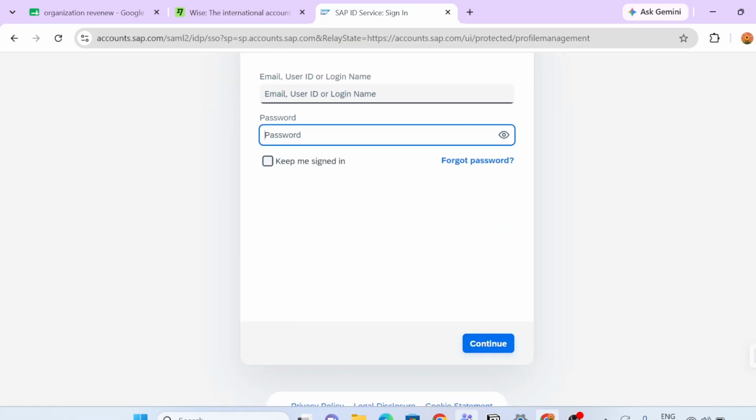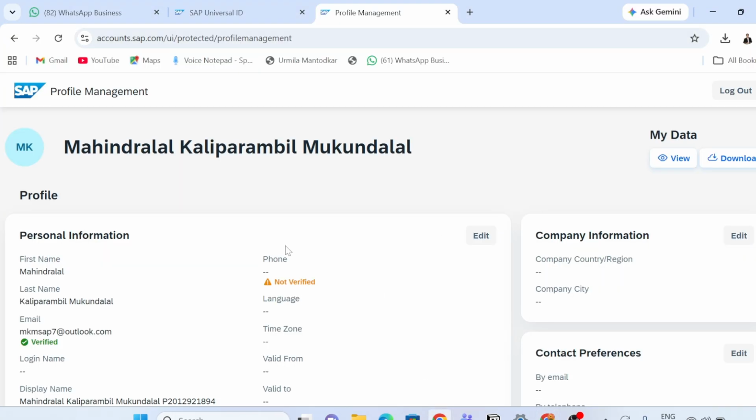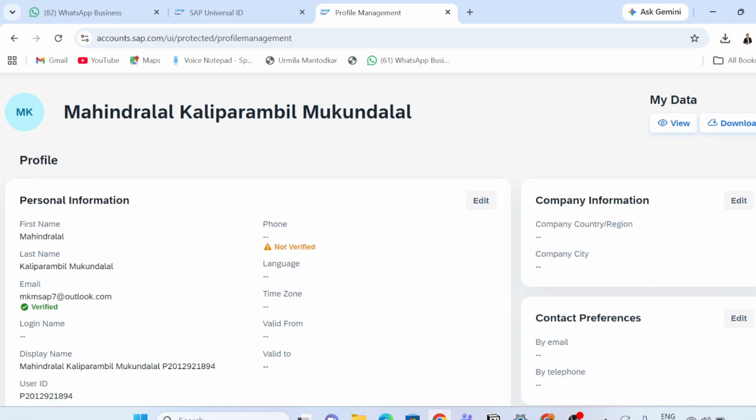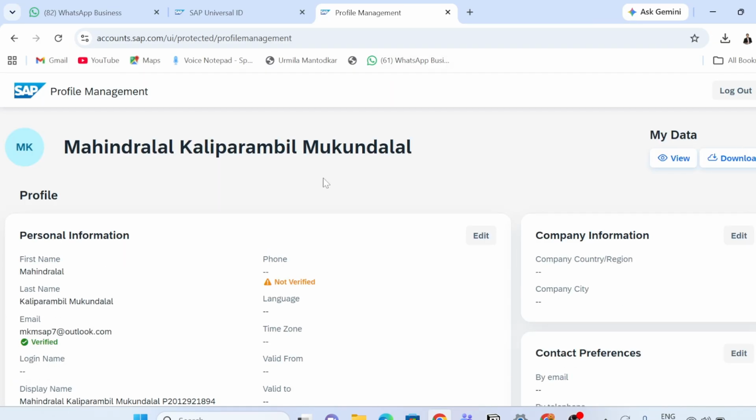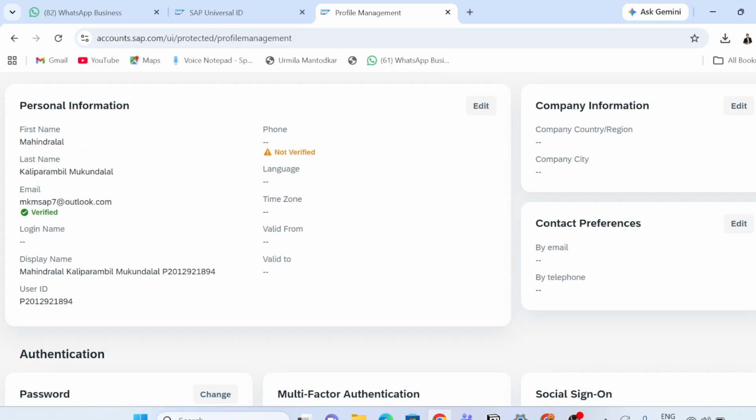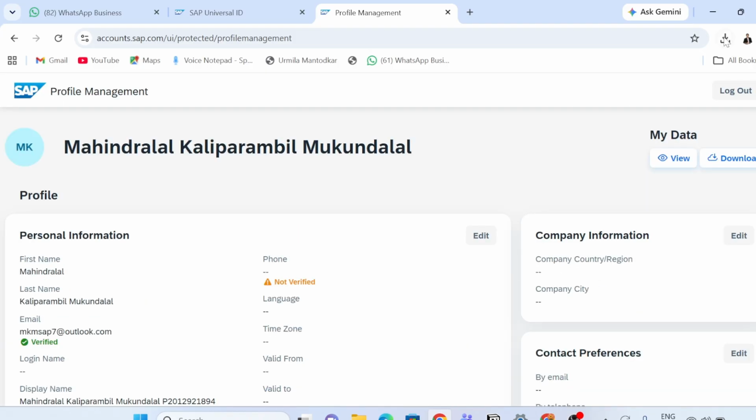Once you do that, this screen will open. So what you need to do is come back, scroll down, and here we are going to add our email ID.